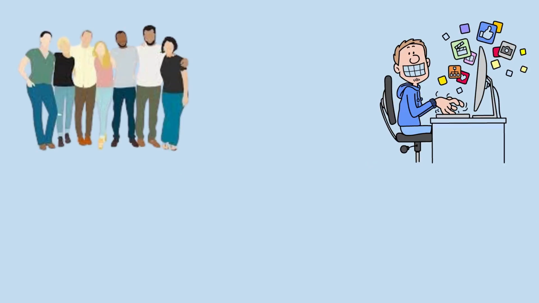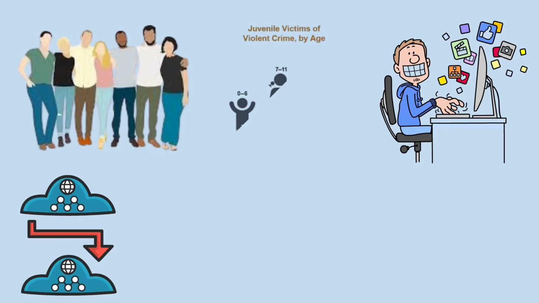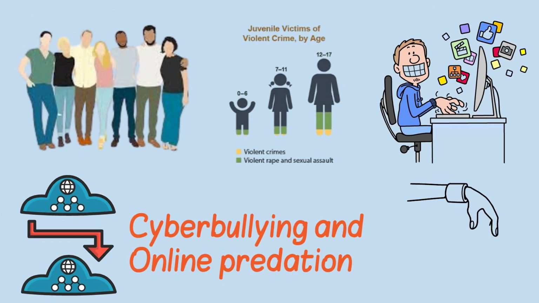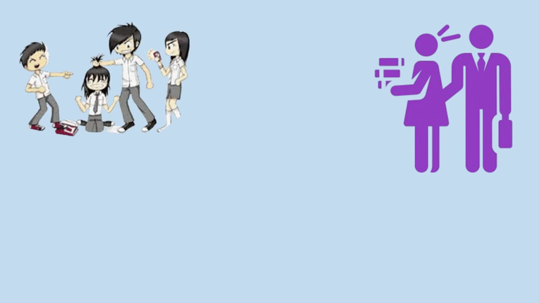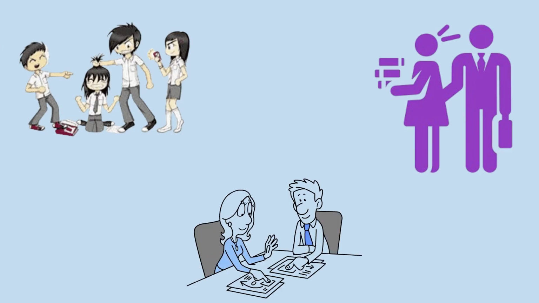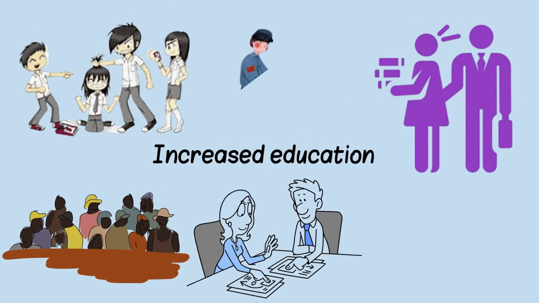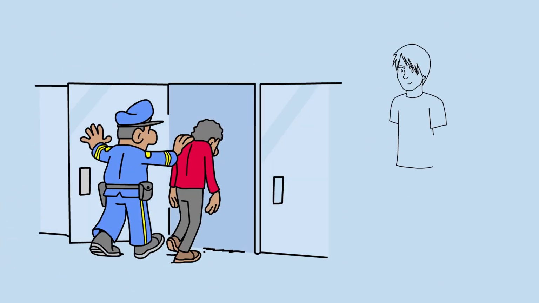Both age groups are profoundly impacted by the accessibility of the internet and digital platforms, which have introduced new avenues for victimization, such as cyberbullying and online predation. Despite a general decline in overall crime rates over the past decades, the statistics on sexual assaults and other forms of juvenile victimization remain troubling. This persistent issue underscores the need for targeted prevention strategies, increased education, and enhanced support systems for young victims. Addressing juvenile victimization requires collaboration among educators, caregivers, policymakers, and law enforcement to ensure safer environments and better outcomes for